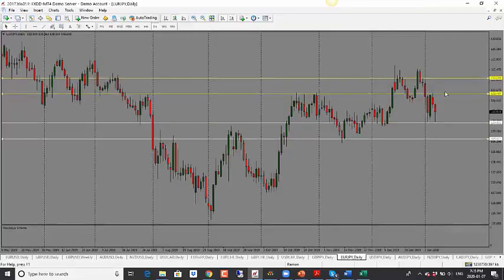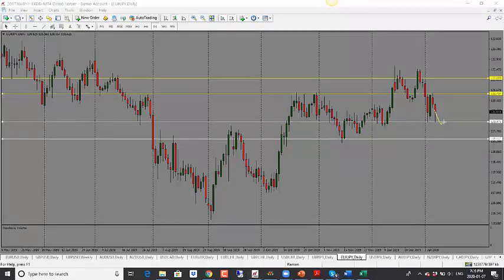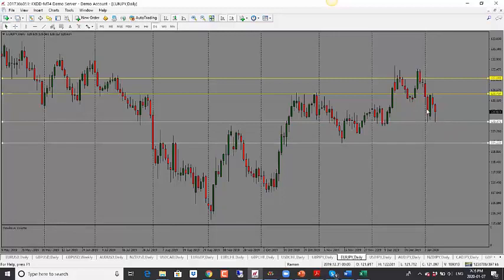Euro yen here, again, we have a bearish candle close for the day. So looking for a drop here back into the support. It did, again, reach the first target, as we can see, right into the support. But overall bias still remains to the downside. So I'm looking for a retest of the low here at 120.20. And then if price goes through that, the second target here is 119.40 and then 119.20. So overall bias is to the downside for euro yen.